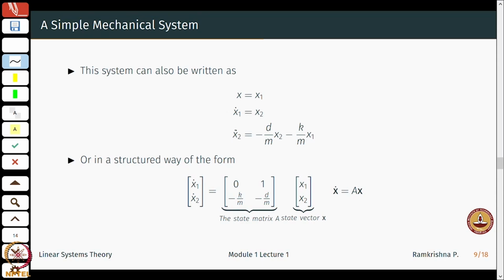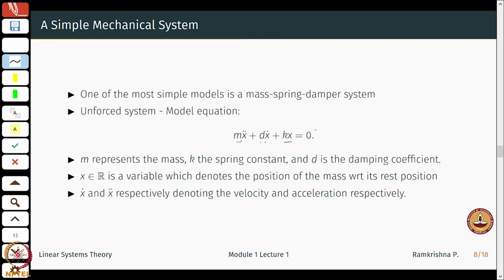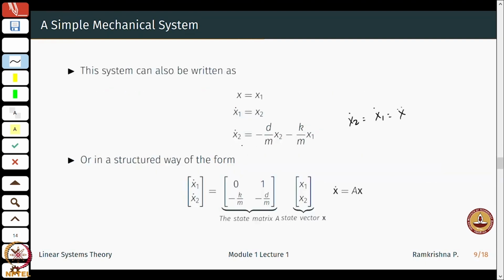So, if I look at here, x1 dot is x double dot. If I substitute for x double dot from here, what I get is x2 dot is something like this. Okay. So, I can write this in a compact form. I have x1 and x2 as my position and the velocity. I can write this as the rate of x, which in general will be called x dot, with this